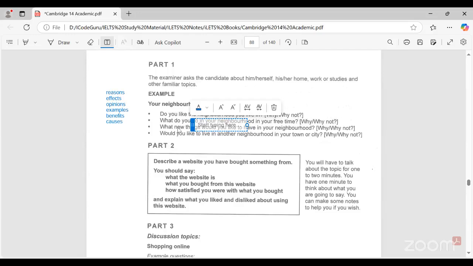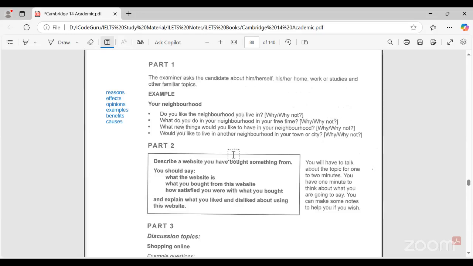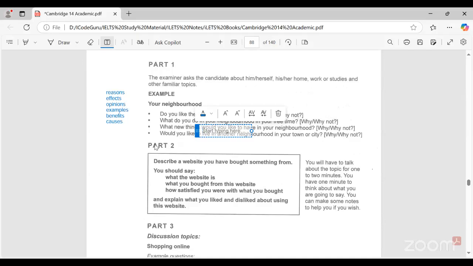So there are many things to explain. But in the beginning, if you are unable to convey your message, then try to work for 1 week to just make a habit of saying anything or giving the answer instead of focusing on reasoning. This comes as a later step, when you are able to convey your message. Then you will automatically know how to explain. The reasoning is not simple, like why you like the park, because you can just use simple linking devices and explain. There are certain reasons, so we can explain that.